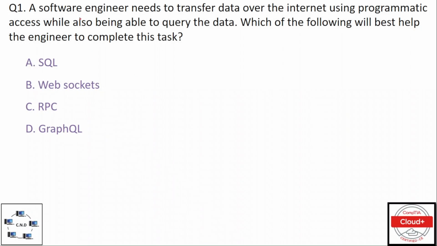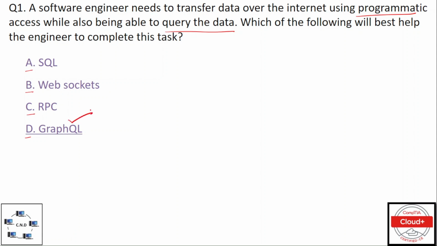Question number 1. A software engineer needs to transfer data over the internet using programmatic access while also being able to query the data. Which of the following will best help the engineer to complete this task? Option A, SQL, option B, WebSockets, option C, RPC, and option D, Graph Query Language. And the correct option is